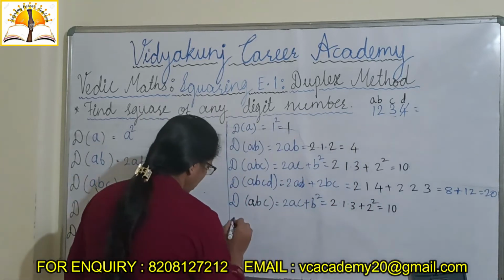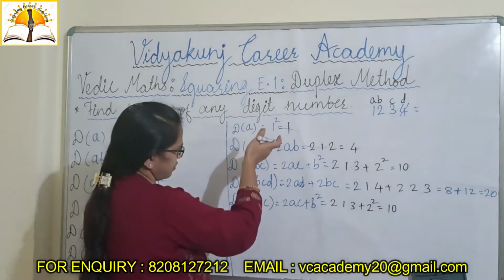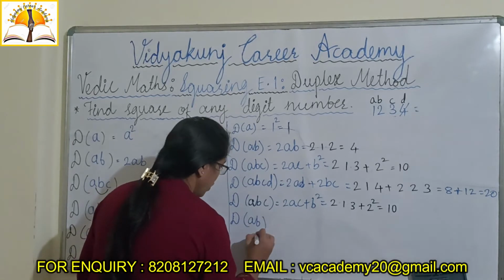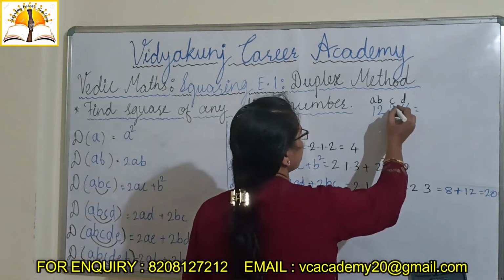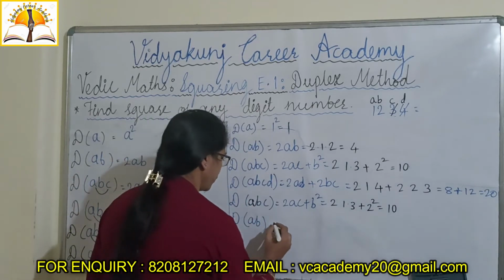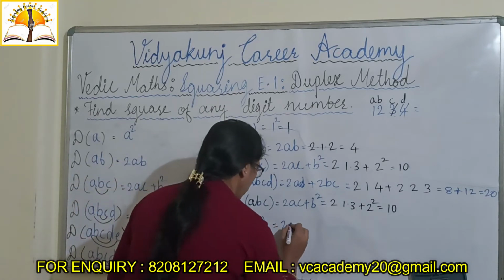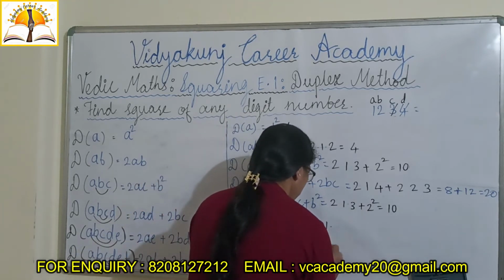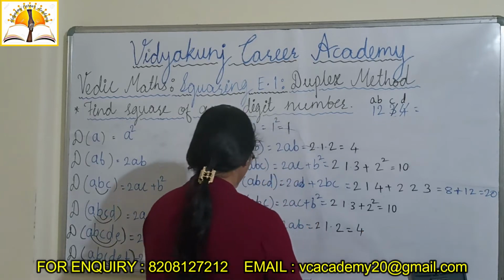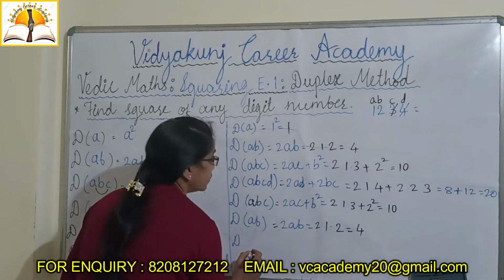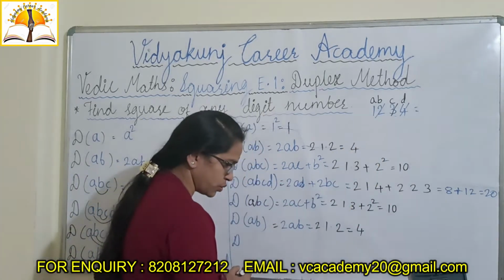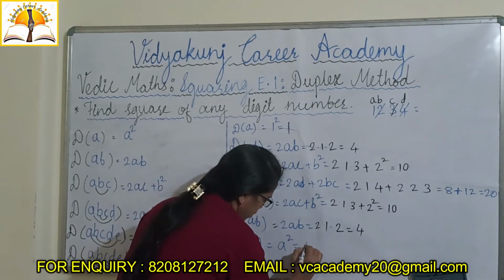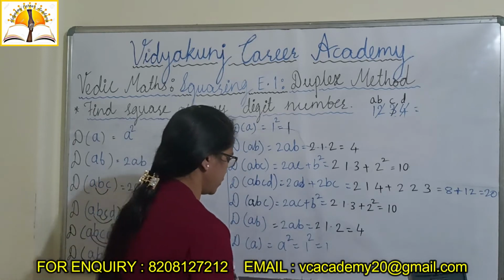Then next. Here it is not required to do again, already we have done here. Yet I will write here because you have to understand. So that AB. Now I have to cross here this 3. Then we have to do 2 AB. 2 A means 1, B means 2, is equal to 4. Yes or no? Now, last one, we have to cross this one also. Then I have to write here A square, it means 1 square is equal to 1. This is our answer. Okay?